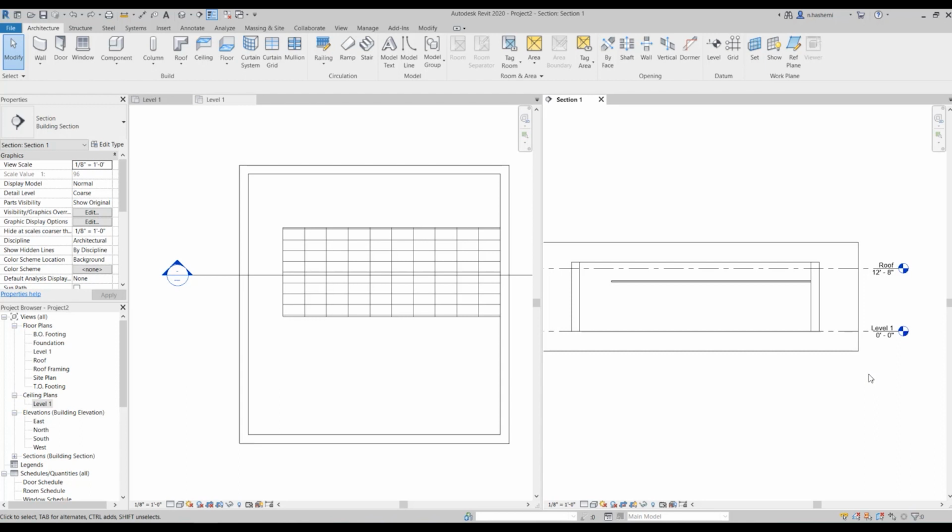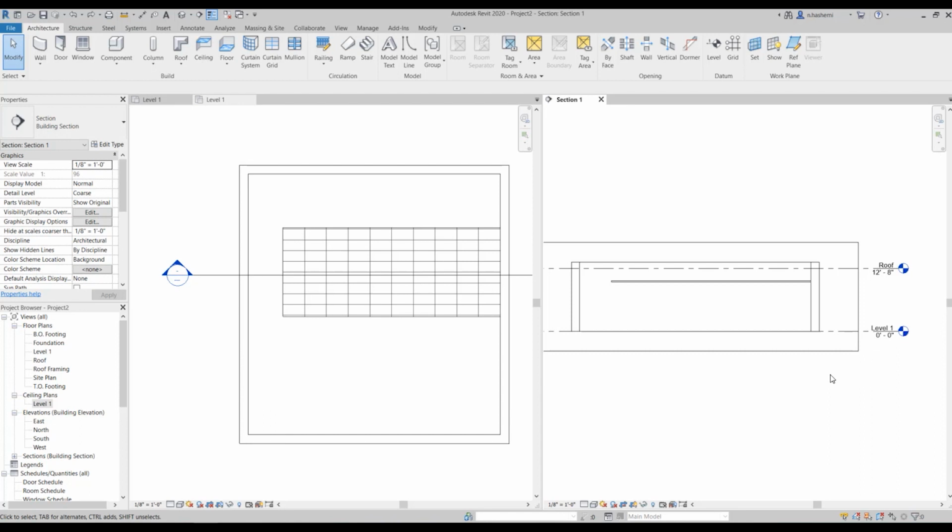And your ceiling height will stay the same. There is also another way that you can set a height for your ceiling, and that is by creating a ceiling level and tying your ceilings to that level. Be careful, because we don't want to have corresponding plans for this level that we are going to create. We just want to create it as a reference line or height.